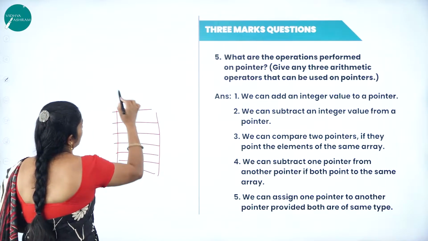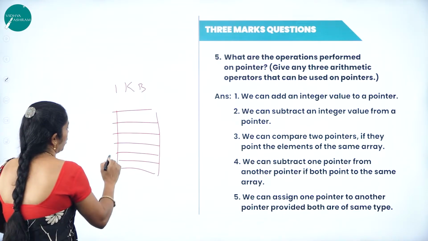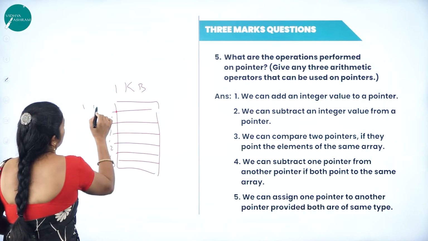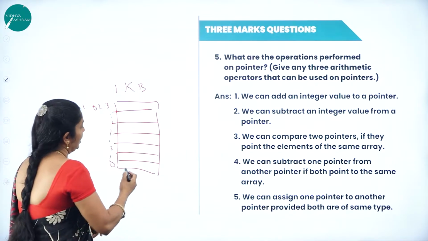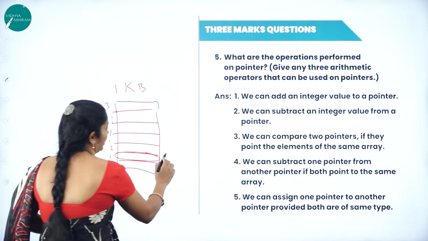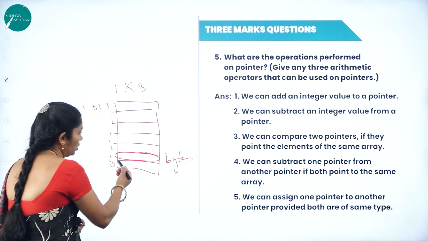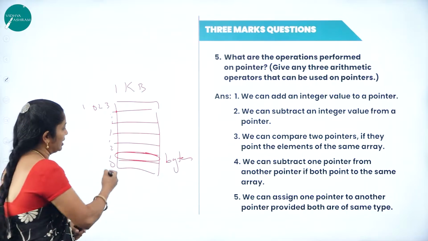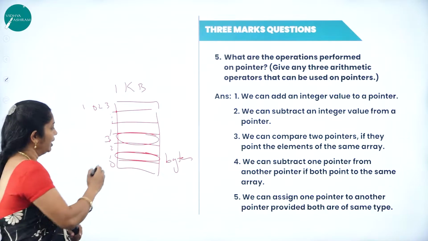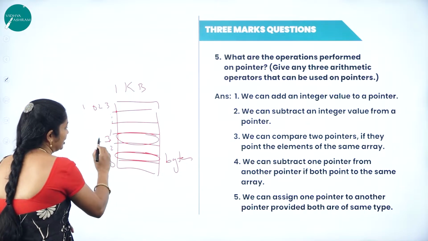This contains 1 KB of memory space, so 0, 1, 2, and the last one I'm going to call, for example, 1023. Presently we are in memory location 1, that is the second byte position we have. If I want, I can add one integer value. For example, I want to move to location 3. Presently I am at location 1, by adding one integer value,